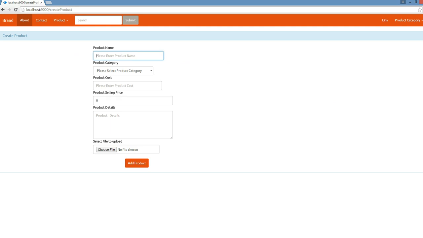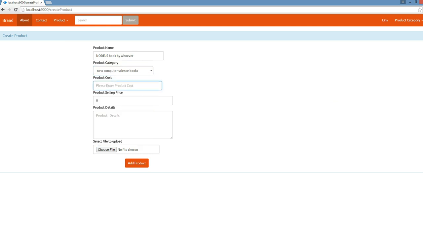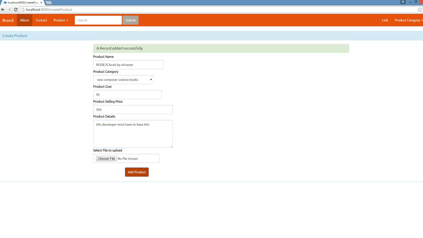Just go ahead and add a new computer Node.JS book by whoever. It's going to be category computer science books. Price, give it a price or something. And developer must have this book. Okay. I'm going to go ahead and add this product here. Already this product is added,